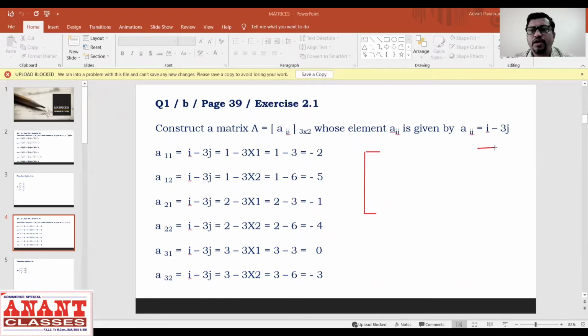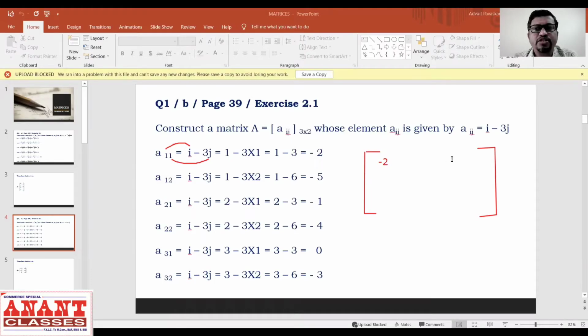क्या क्या होंगे, देखो अभी हम लोग डायरेक्टली स्टार्ट करेंगे आंसर को। तो पहला वैल्यू आएगा हमारा, 3 रोज है, 2 कॉलम है, तो पहला होगा a11, फर्स्ट रो फर्स्ट कॉलम। तो i का वैल्यू होगा 1 और j का वैल्यू भी होगा 1। सो 1 - 3 मल्टीप्लाइड बाय 1 दैट इज 1 - 3 दैट इज -2। तो आपका पहला आंसर यहाँ पर आ गया, पहला वैल्यू आ गया -2।